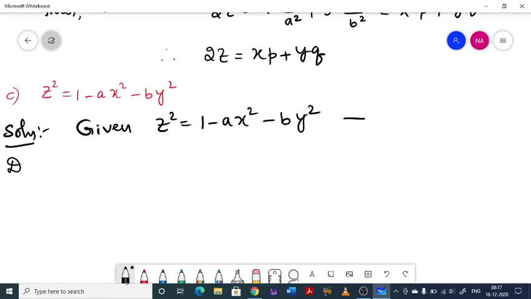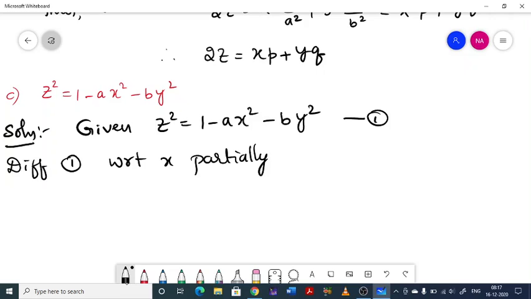Let us call this 1. Differentiating 1 with respect to x partially, I'll get 2z into dou z by dou x on the left hand side, equal to